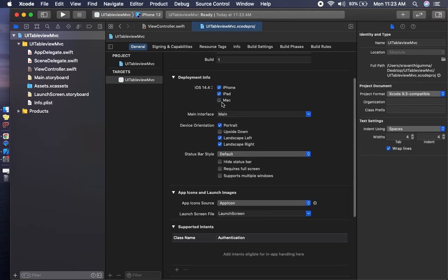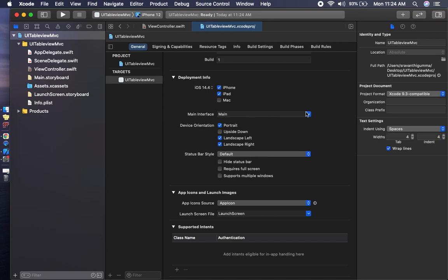In the deployment info, we mention the version our application will support, from a minimum to a maximum. Suppose from iOS 9, it supports from iOS 9 up to the present OS. We can use many types of versions. In this deployment info, the device is only iPhone, or iPad, or Mac. We have to give a check mark for whichever device is supported.